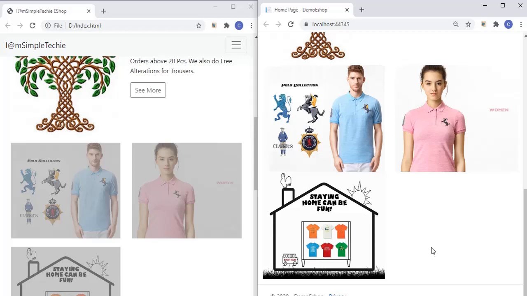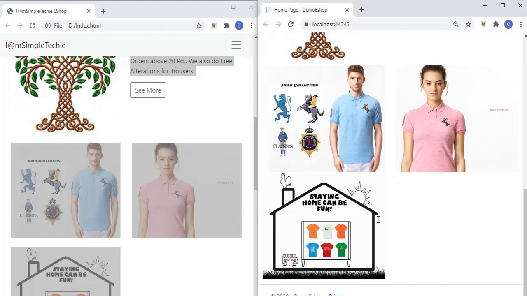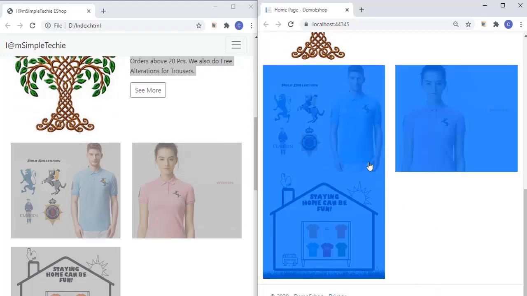We can see a blank line between the first and second row in the final output. This is the final output, we can see a blank line here. This is our output. There is no blank line. It looks attached to each other. To bring this blank line between the first row and second row, we will write some media queries.